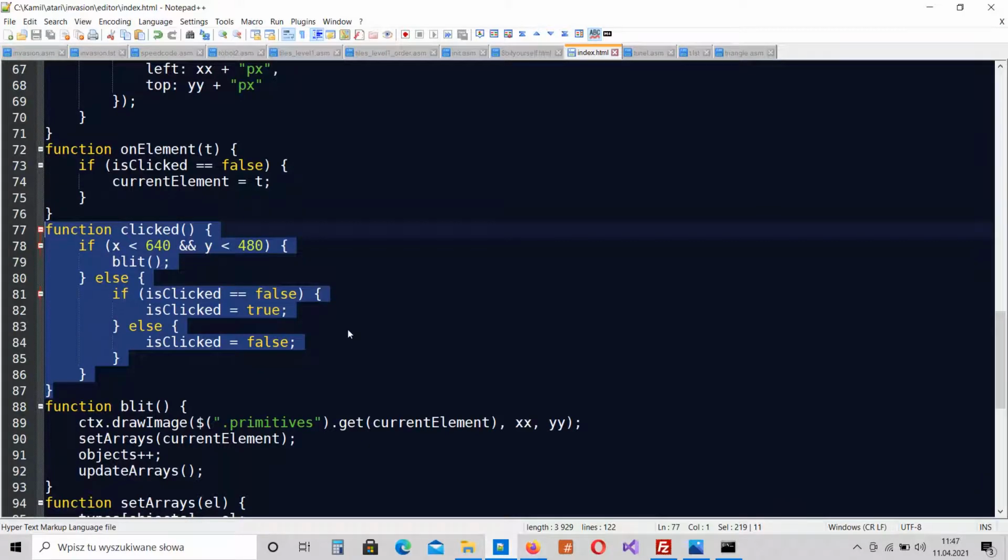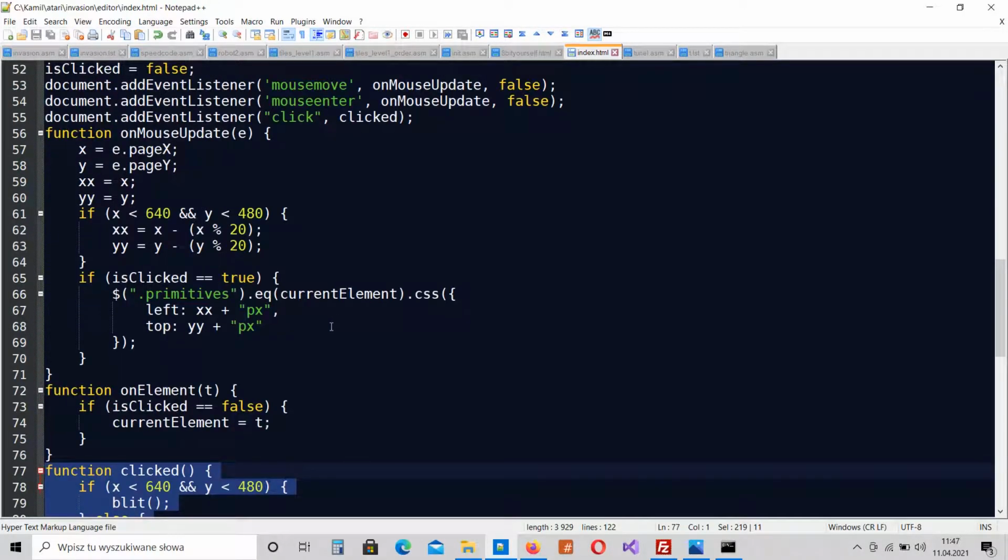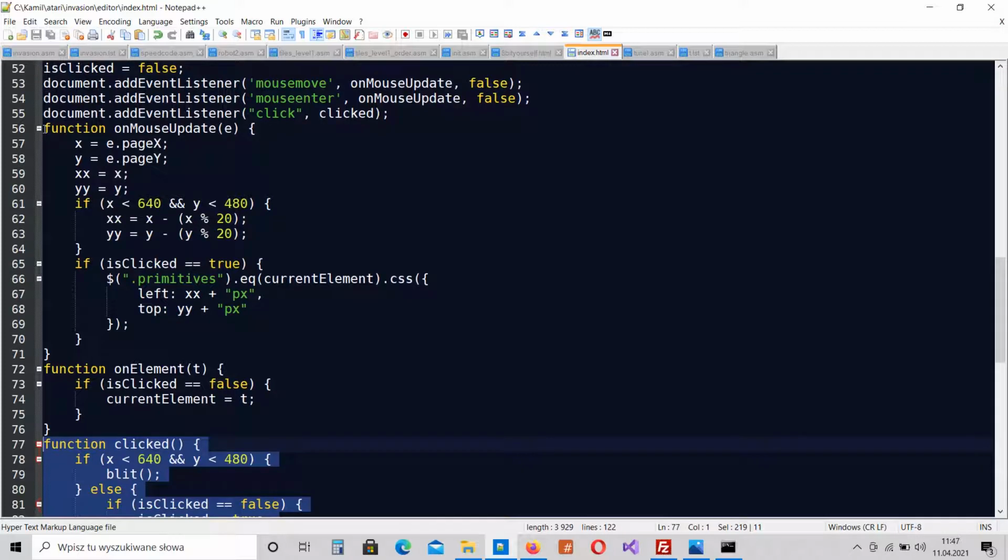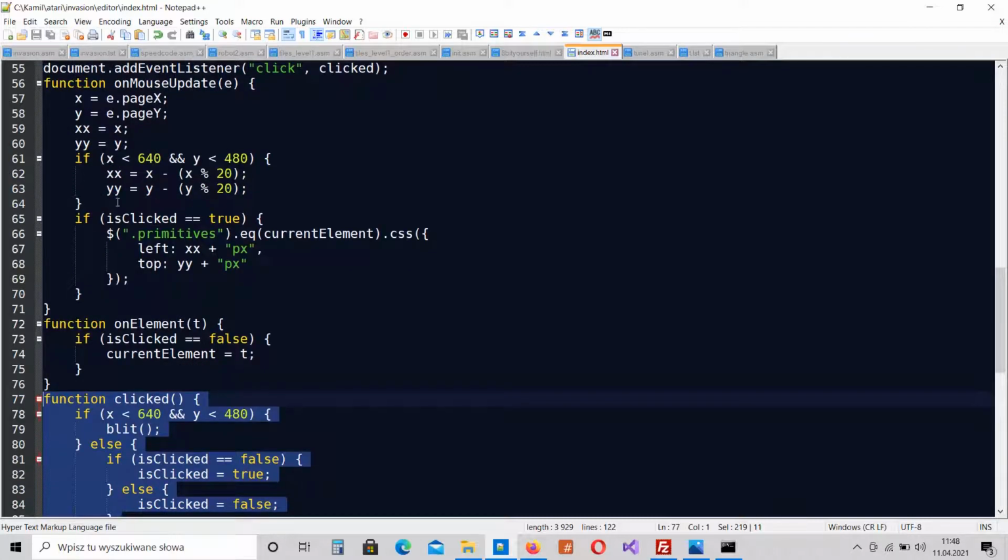This is achieved based on the function on mouse update, where each and every time the mouse is moved, the x and y values are stored into variables, and if the is-clicked flag is true, which means that we selected some object, then